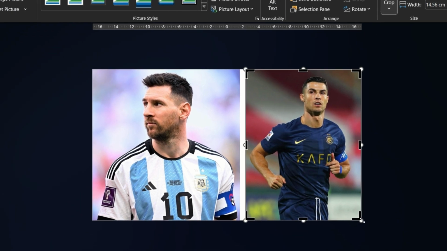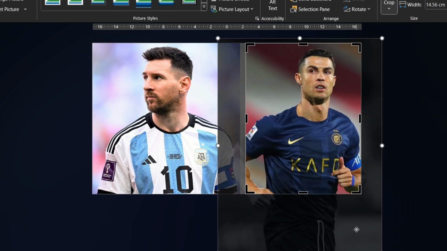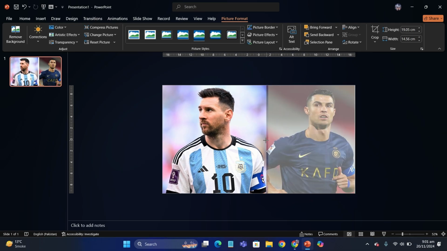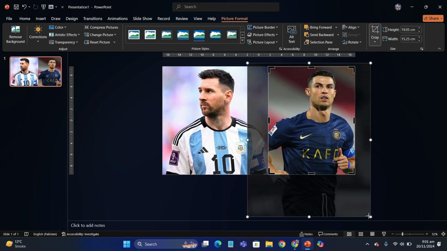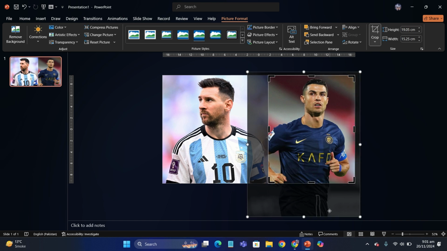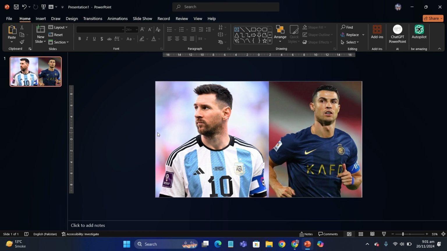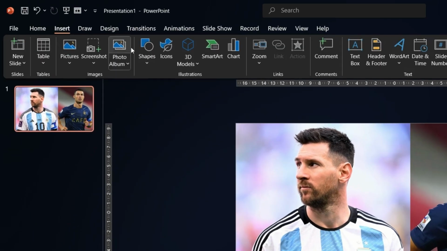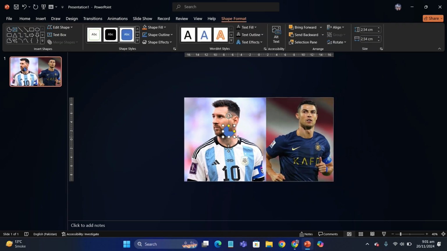And for this second image, I'm just going to increase its size to be the same as the first image and crop it. And here it covers the half of the other template. Let's decrease its size because I want the picture to fit in it. And here you go. Now go to Insert tab and Shapes and insert this shape right here,